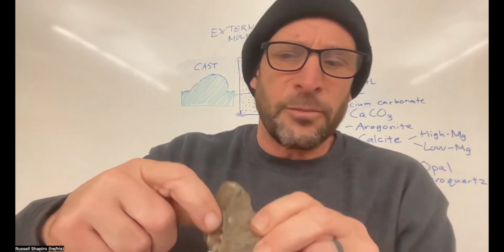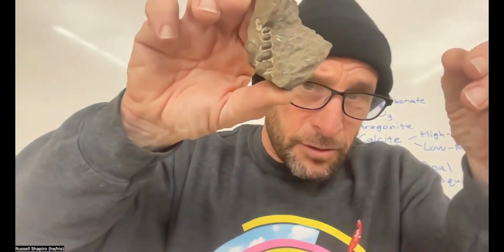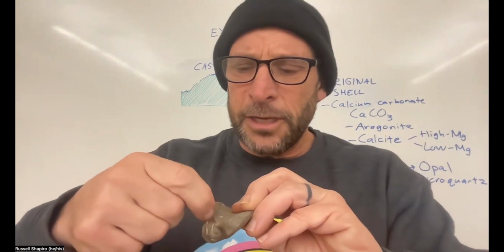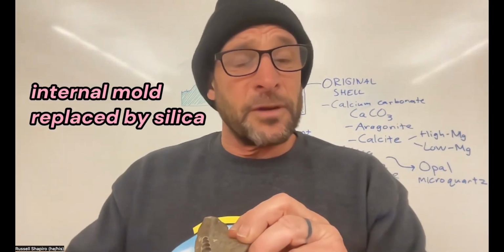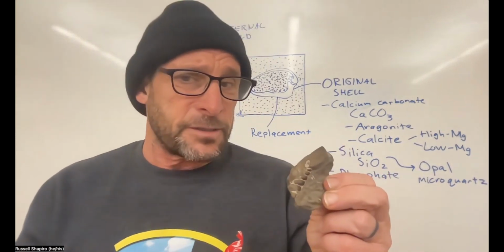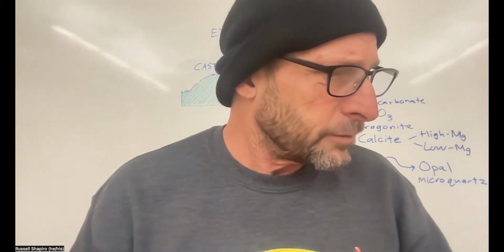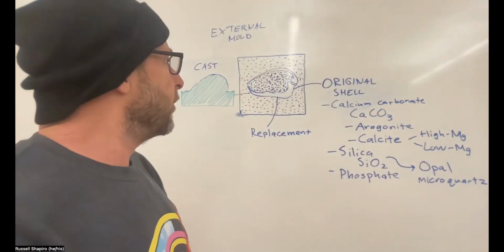In fact, you can see a little bit of the white shell preserved there, but the actual internal mold has also been replaced with silica. So it's a twofer. It's been replaced with silica and it's an internal mold. Now, as far as some of these other ones we have,